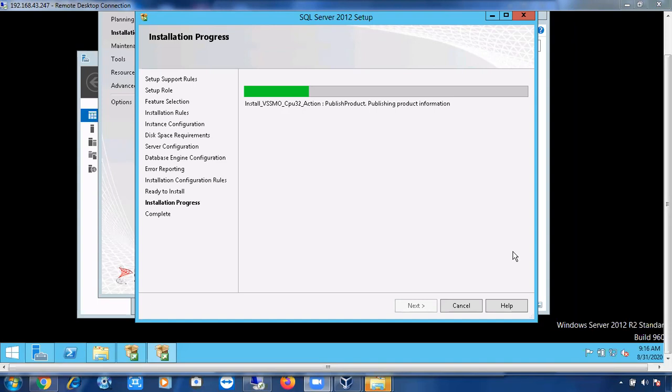The same thing. Why? Because what error reporting does is, if you get any errors and bugs, it will tell Microsoft. How will it tell Microsoft? It has to connect to the internet, right? Then only it can tell. But in the organization, not every server gets an internet connection, because of the hacking issue. Anyone can hack your SQL Server and Windows server if it has an internet connection. That's why your servers will not be connected to the internet. So if it doesn't have an internet connection, how can it send error reporting to Microsoft? So that's why we will not select that error reporting option in the organizations also.